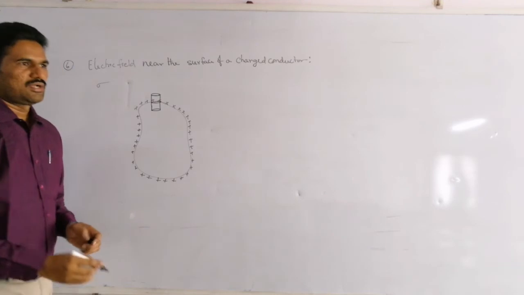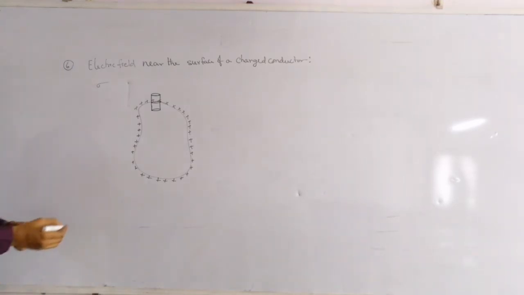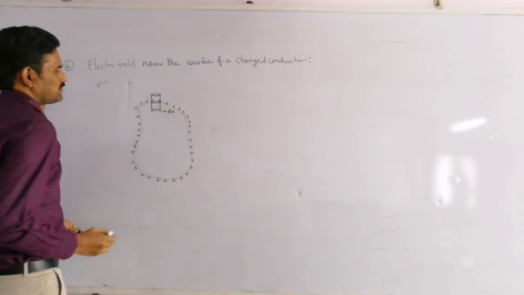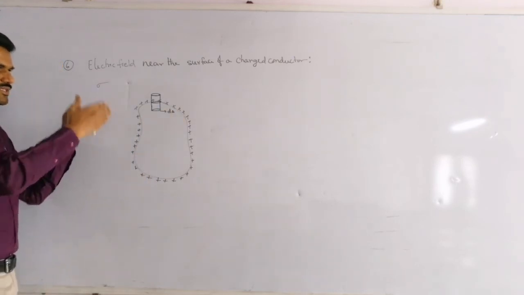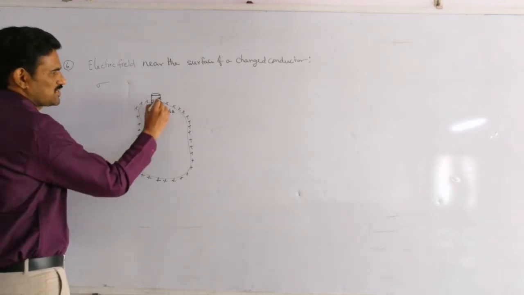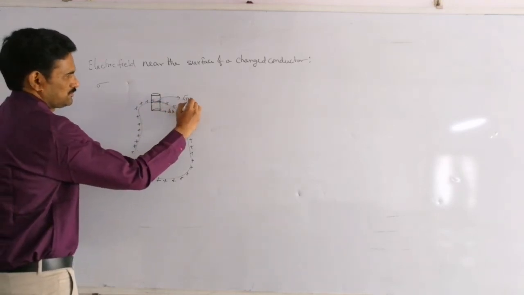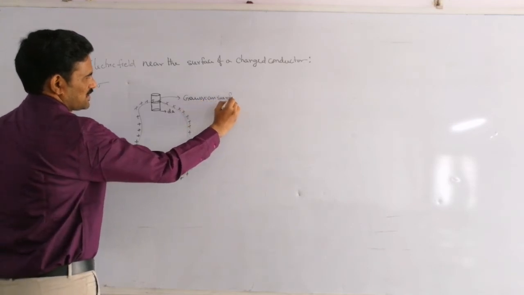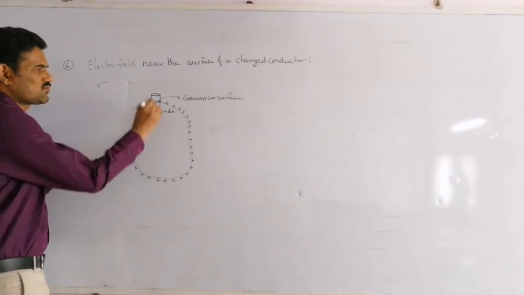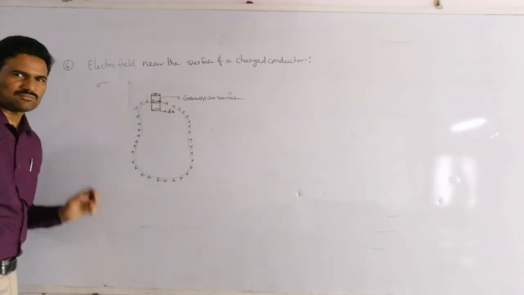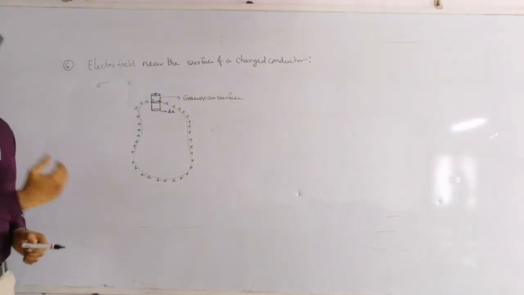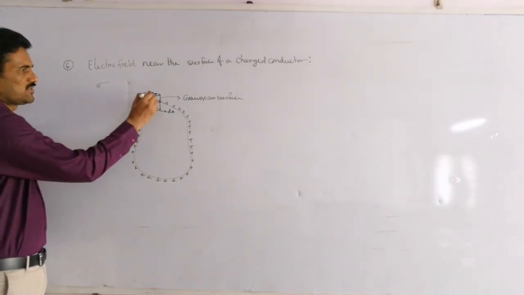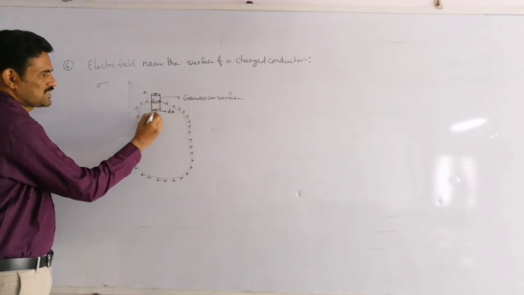Right? Let's suppose that area is dA. The area of this surface is dA. So with the area dA, we are taking such a cylindrical surface. Now this is our Gaussian surface. That cylindrical surface is nothing but our Gaussian surface. We need to find the electric field at this point here, right? So now we need to write the electric field at this point here. Suppose this is a point A,